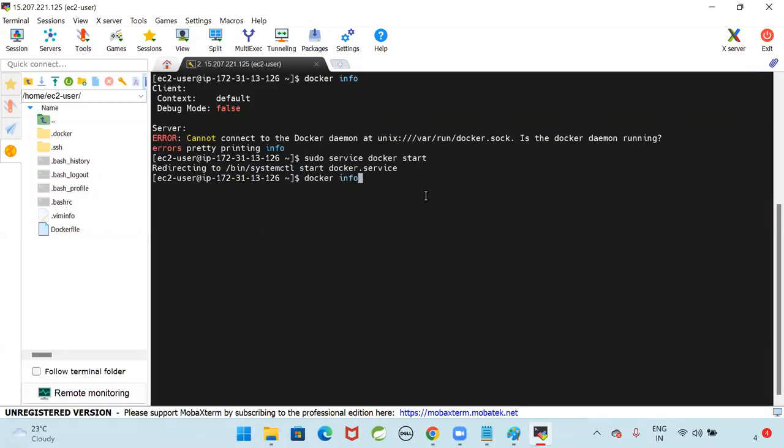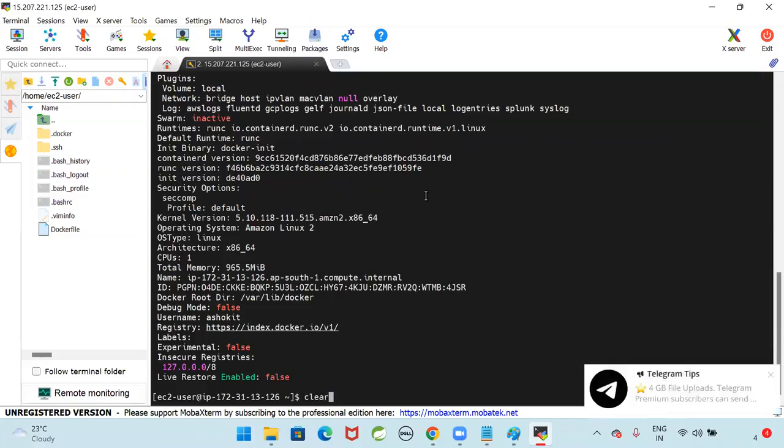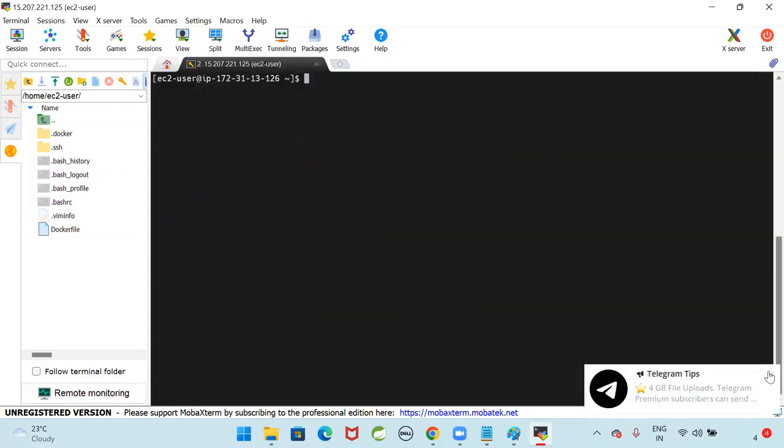Let me go for docker info. Now can you see Docker started? Yes, Docker server started. It is running. Right, clear. Okay,